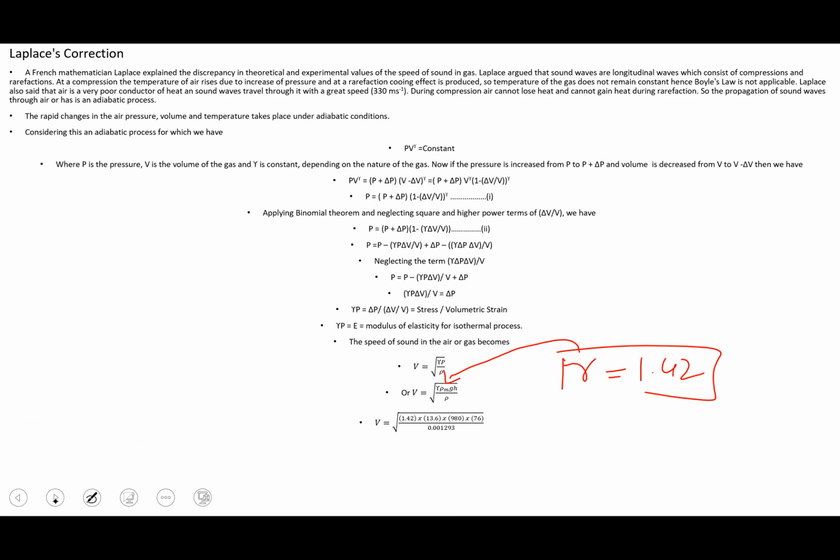So what do we get? We get 1.42 multiplied by 13.6, which is the density of the medium, into the gravitational acceleration, which is 980, and the value of h is 76, divided by the density, which is 0.01293 of the air. The value of gamma for air, which we have already put in, is 1.42. What do we get? We get the velocity in centimeter, which is 33,310 centimeter per second. When we convert that into meter per second by dividing it by 100, we get 333 meter per second, which is remarkably quite